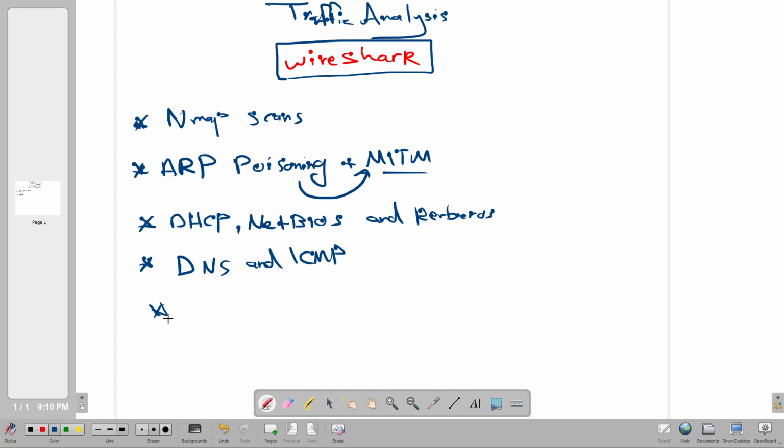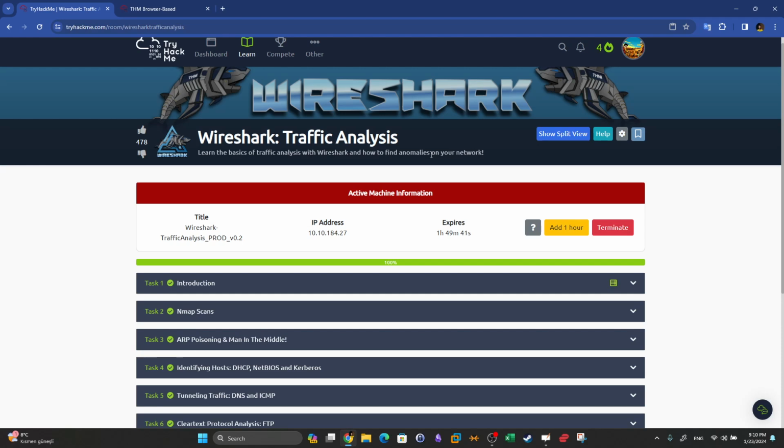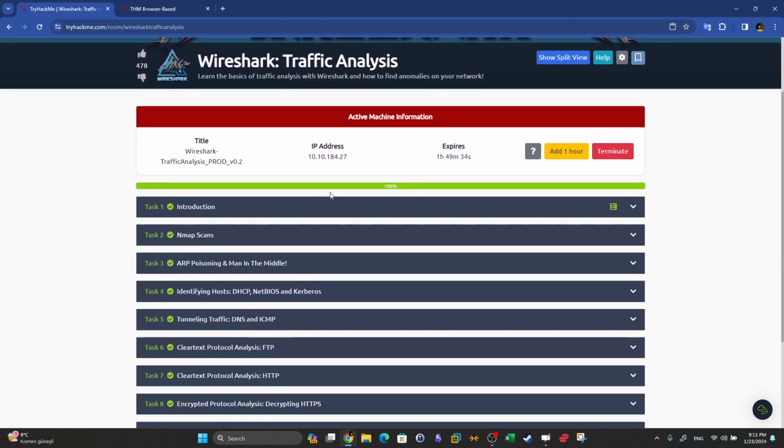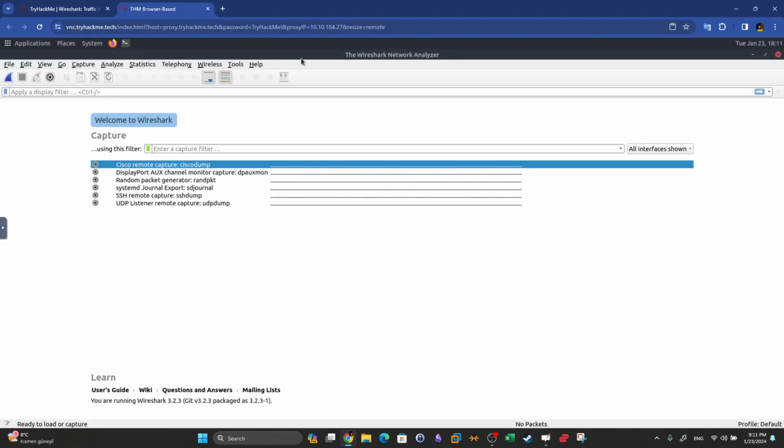packets. And of course, we're going to learn how to extract clear text credentials from FTP and HTTP. And lastly, we're going to take a look at how to decrypt HTTP packets. I have never found something better than this room to demonstrate the concepts we have discussed earlier. So we're going to go over the tasks, we're going to answer the questions, and hopefully, guys, we'll be able to explain the idea. So first thing, let's jump over to Wireshark,